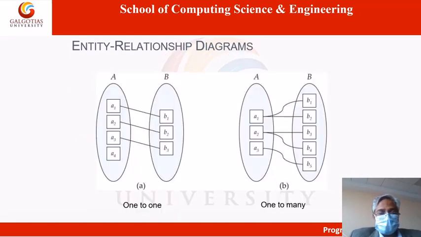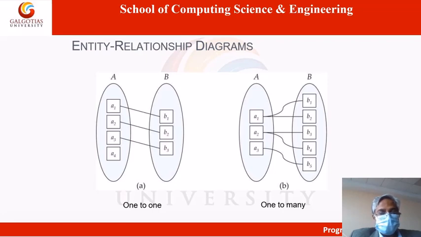Look here. Can you see this diagram? Yes, sir. There are two entity sets, A and B. In the A entity set there are different entities A1, A2, A3, A4, and in the other entity set B1, B2, B3, just like the husband entity set and wife entity set. So each entity from one set is related only with one entity from the other set, not more than one. So this type of relationship is called one-to-one relationship.